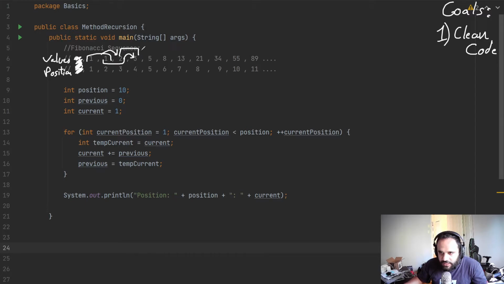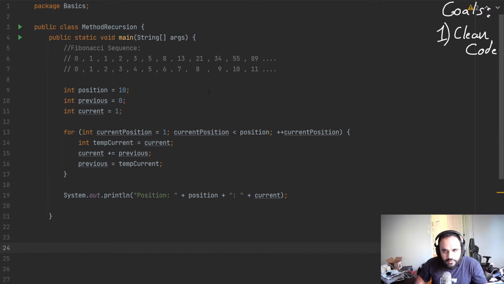Both of these together will give you the next one. 3 and 5 together will give you the 8. 5 and 8 together will give you the 13, and so forth. You can see that the last two positions give you the next position. So to get position, let's say 8, you need to add position 6 and position 7. So these ones. What are those values? Well, it's 8 and 13. 8 and 13 together gives you 21. Okay? So, knowing this,